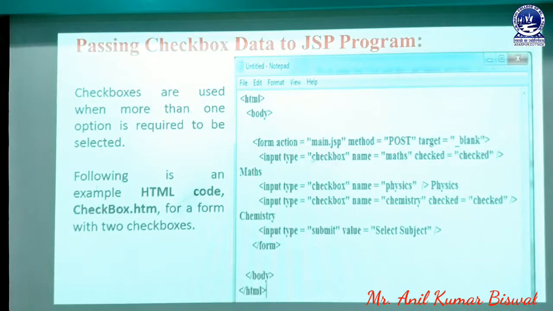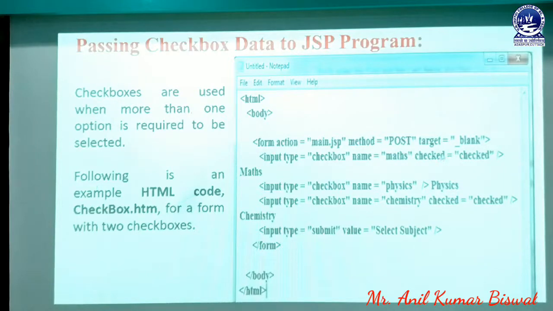Then the user must create the checkbox with type equal to checkbox, and here checkbox is known as an HTML control in our HTML platform. That checkbox must have a name, and that name is math. That means the user wants to create a checkbox named math. Math is the unique name of that checkbox, which is selected through our JSP page, and its value is checked.